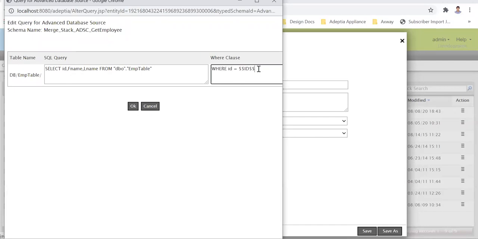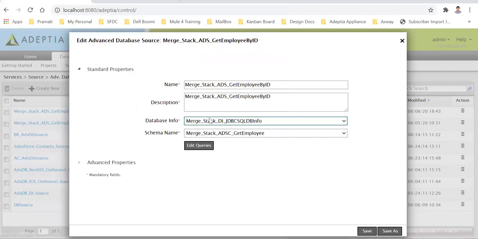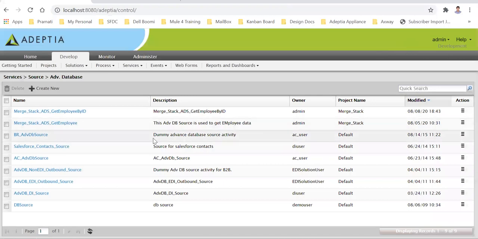Then if you notice here, there is a syntax to read the context variable in the activities. In Java code, we use context dot get and context dot put to save and retrieve the value. But if you want to access any context variable value in any activity, it can be a put context variable or web service console, wherever we need to use $$ and then the context variable name and $$. So the value which is coming from the data mapper will sit here, and then this query will get executed and generate the output in XML format. So that we have seen.